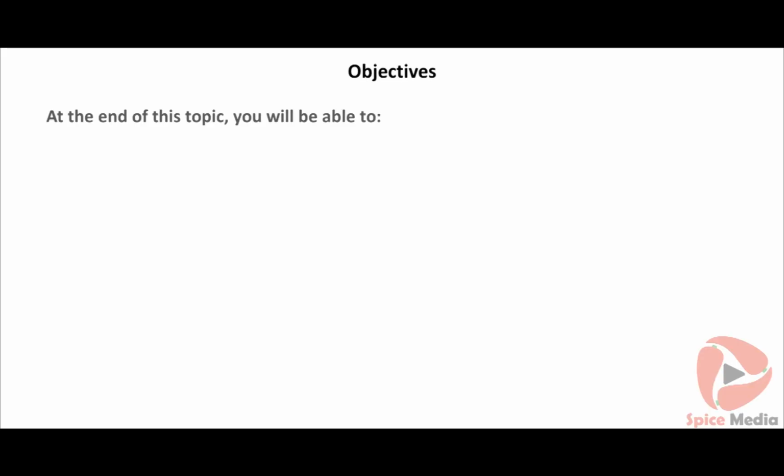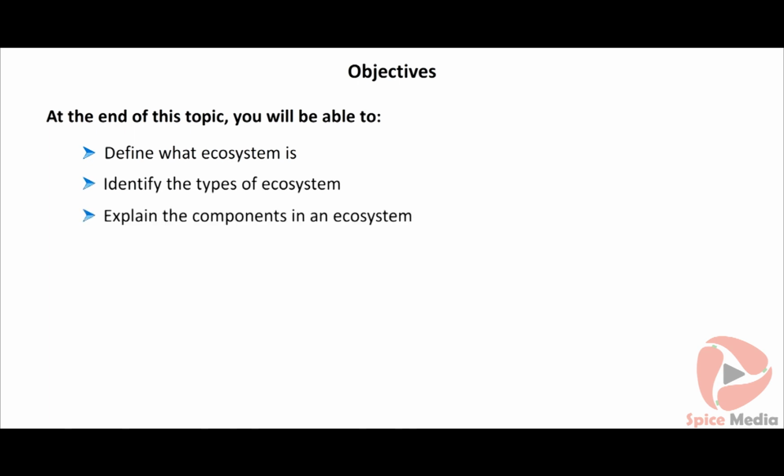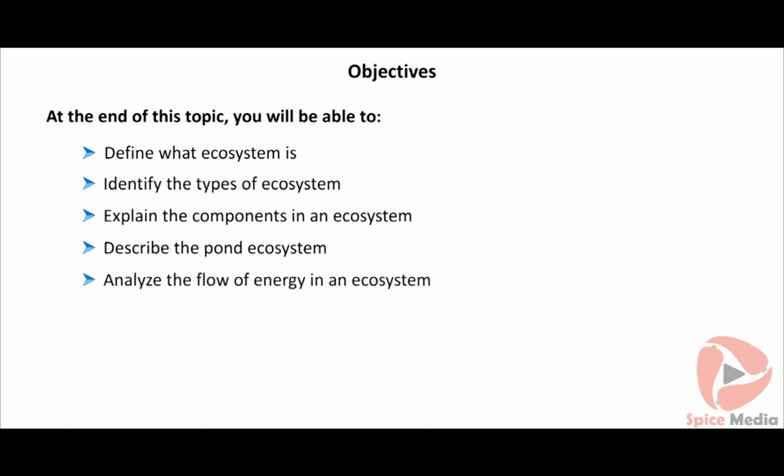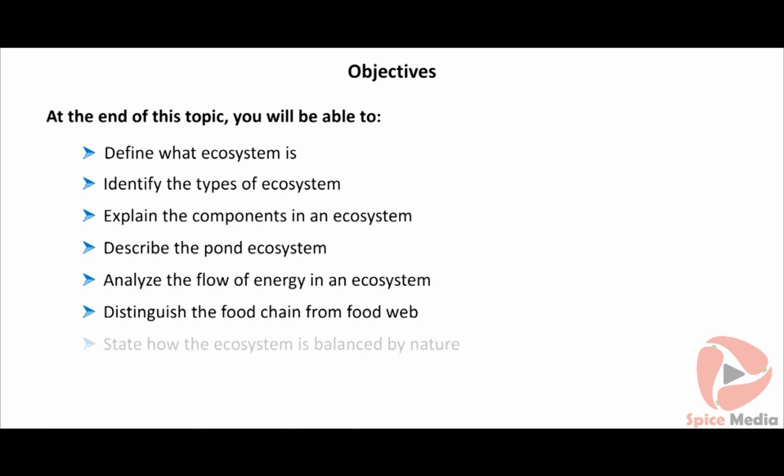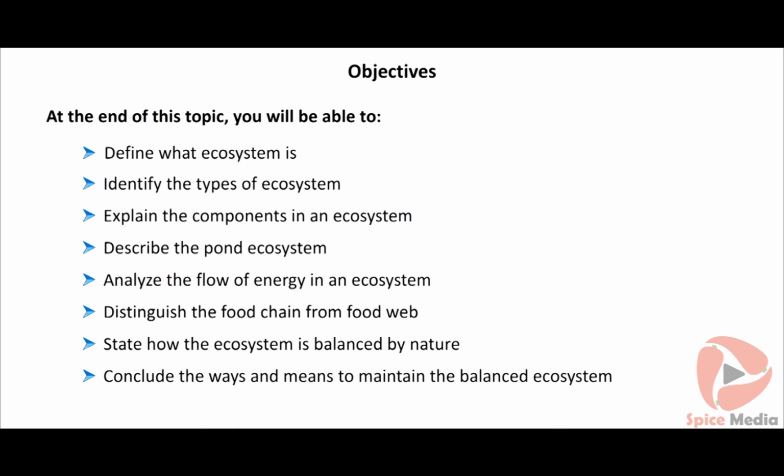At the end of this topic, you will be able to define what ecosystem is, identify the types of ecosystem, explain the components in an ecosystem, describe the pond ecosystem, analyze the flow of energy in an ecosystem, distinguish the food chain from food web, state how the ecosystem is balanced by nature, conclude the ways and means to maintain